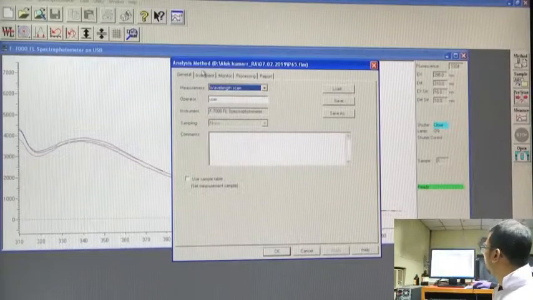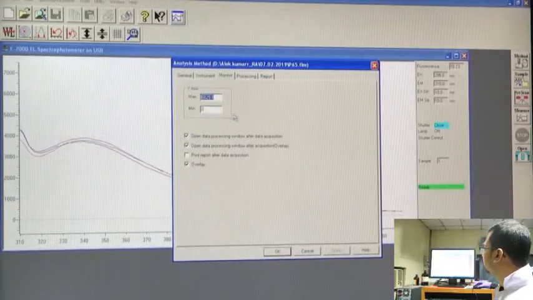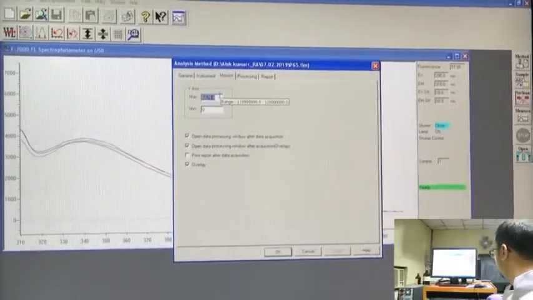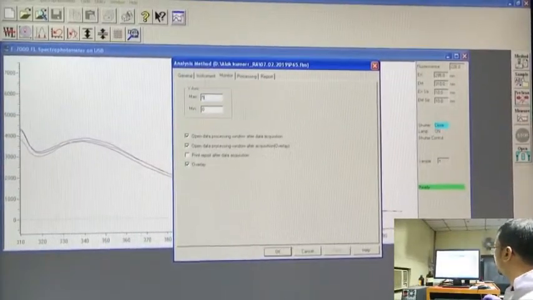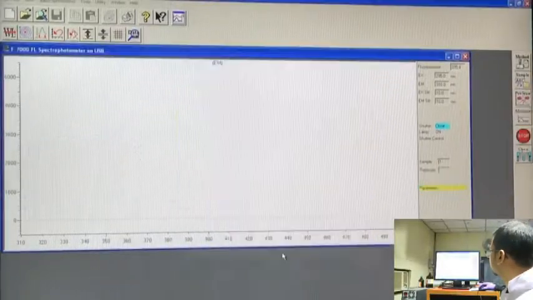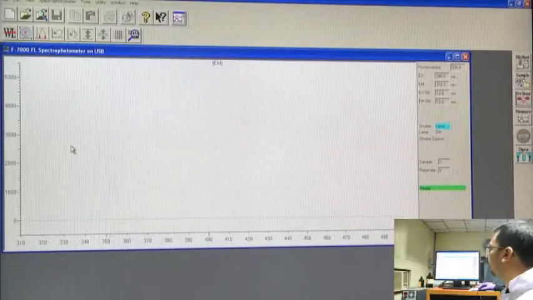Once we go to this method, we go to monitor. Here the y max is set to something around 6000, and we can change it to 5000. So, we can see that the y max has been changed to 5000.